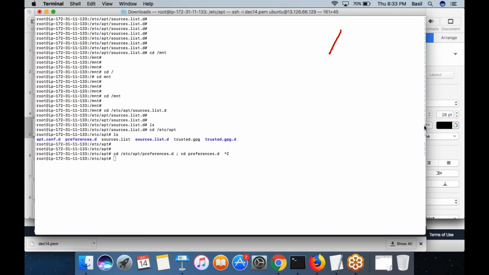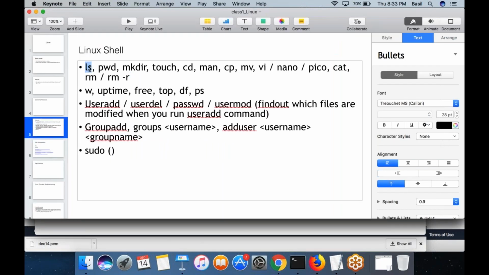Okay, cool. So what all commands have we learned in Linux? We have learned the ls command, pwd. Then we have seen the cd command to change your folder. How will you create a new folder? It's a command called mkdir. You can use it to create a new folder. Or touch is a command you can use to create a new file, like test.txt, a text document you want to create. You can use this command: touch space file name.